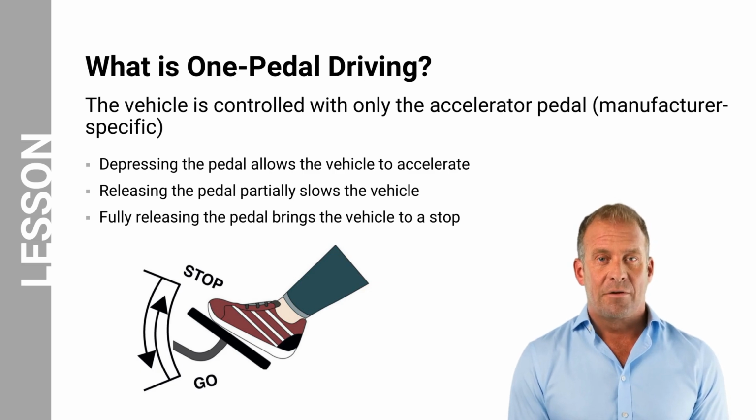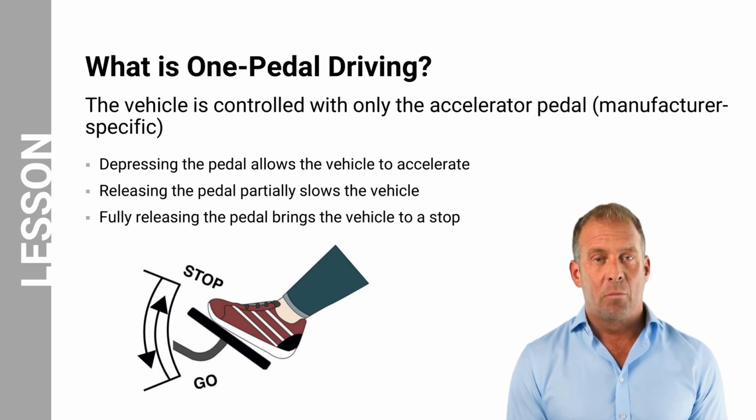The one-pedal driving feature is unique to some BEVs. This feature allows a driver to control the vehicle with only the accelerator pedal, manufacturer-specific. Depressing the pedal allows the vehicle to accelerate. Releasing the pedal partially slows the vehicle, and fully releasing the pedal brings the vehicle to a stop. The vehicle's electronic control module monitors the accelerator pedal position sensor and the vehicle's speed sensor to determine how much